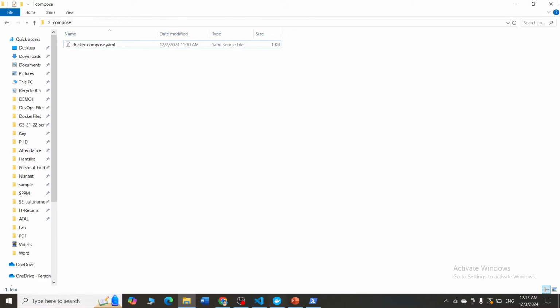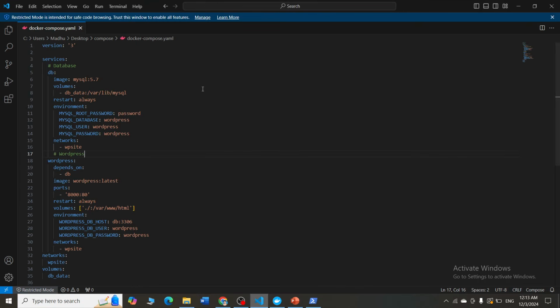But make sure that when you're writing this Docker Compose file, it is named as docker-compose.yaml. You can either give YAML or you can simply say YML also. But the name should be docker-compose only, all small letters. Now let us see what are the contents that you have inside this Docker Compose file. So these are basically the contents. These are called the configurations of the containers.